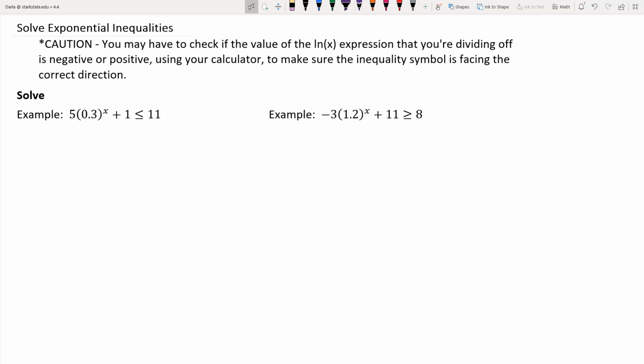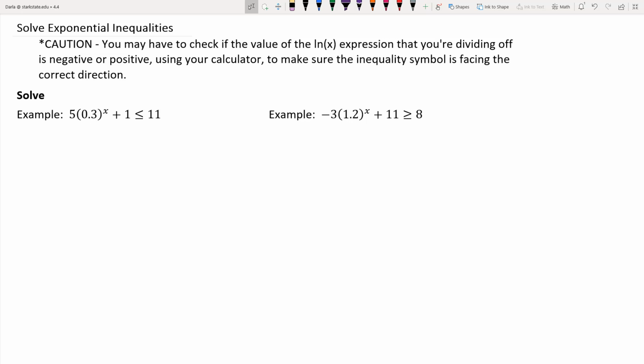The focus of this lesson is on solving exponential inequalities. Part of the solving process of an exponential inequality is that you will be applying the natural log to both sides of the inequality at some point, which doesn't change the direction of the inequality symbol. However, sometimes you have to divide that natural log expression off from both sides of the inequality. Well, depending on whether that natural log expression is positive or negative, the symbol of your inequality could actually change